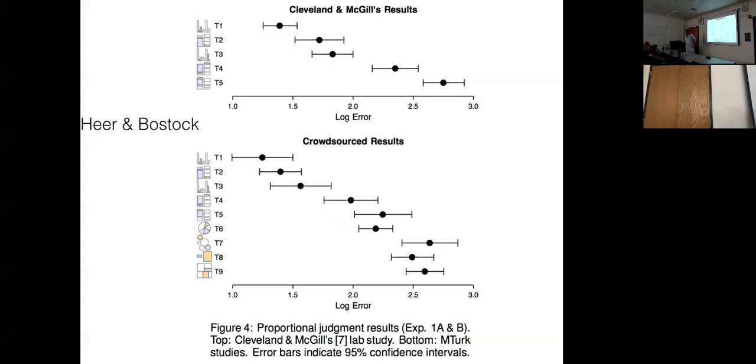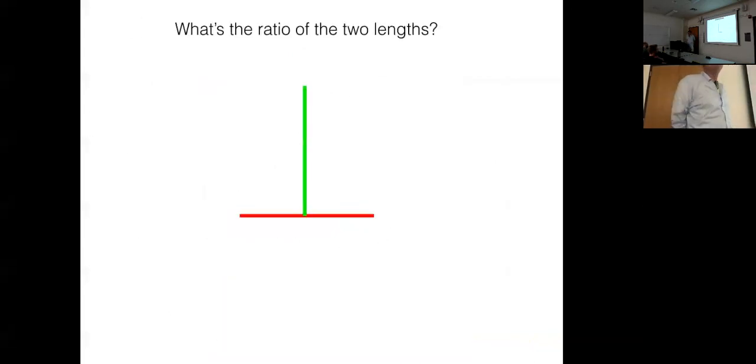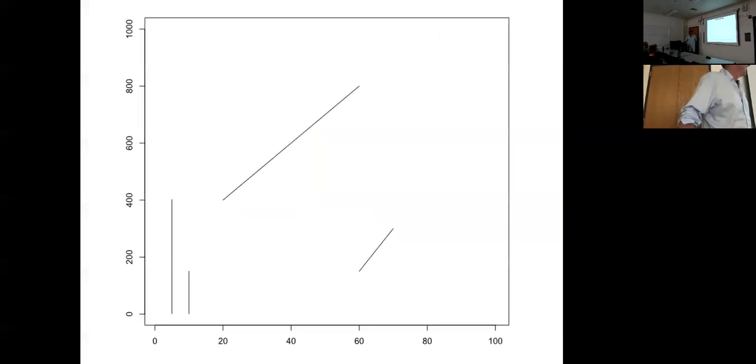In this perception study, is there any difference if it is horizontal length or vertical? Which is bigger? Pardon? They're on the same, of course. Which is bigger? We all know which one is bigger. But it ain't. I mean, you can just do these experiments. We just did the experiment with the angle.